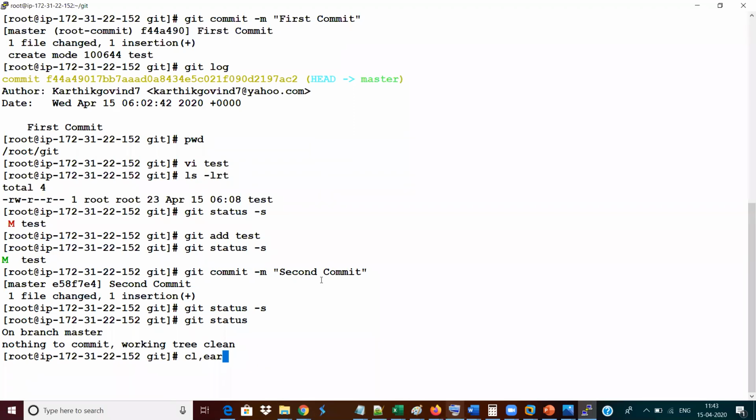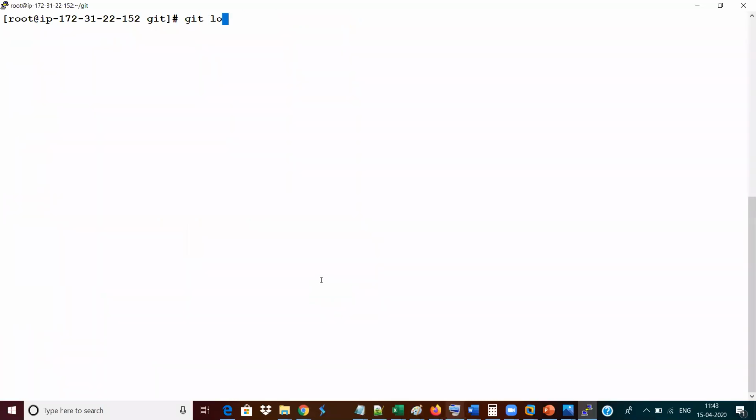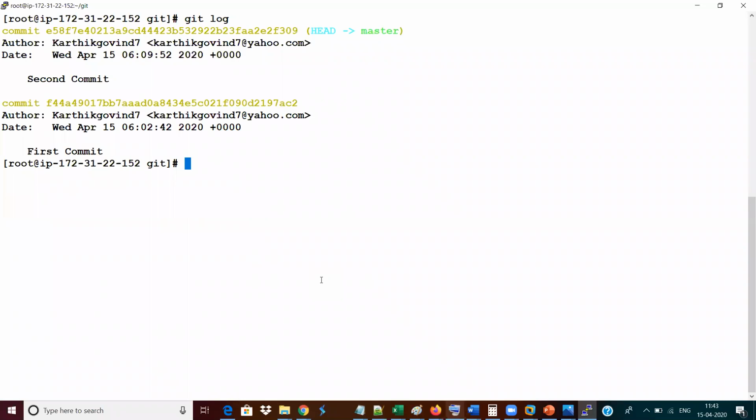Now if you give the command git log, it will show two commits. Can you see? Commit 1, commit 2, and the time interval at which each happened. Everything has been captured and kept. But check out, guys, we have only two commits now. Why? Because we have done only two commits. That's the reason we can see two commits.